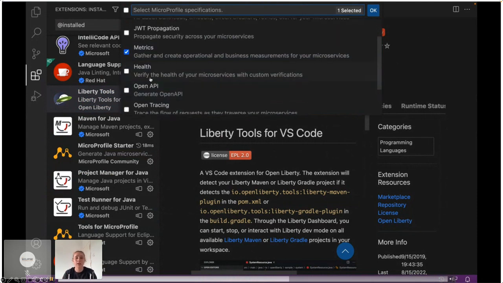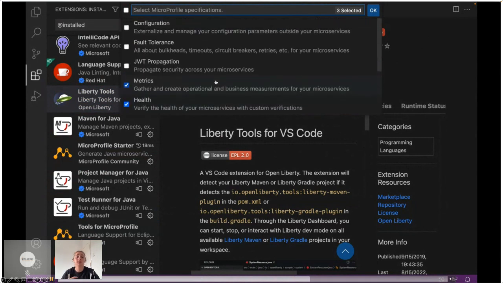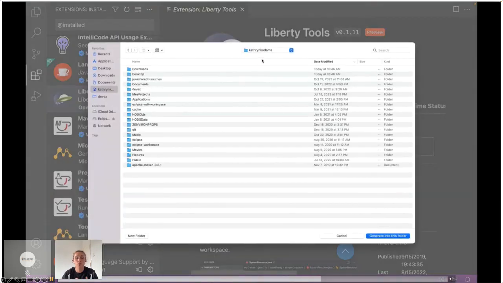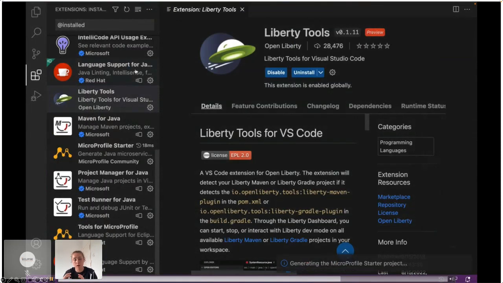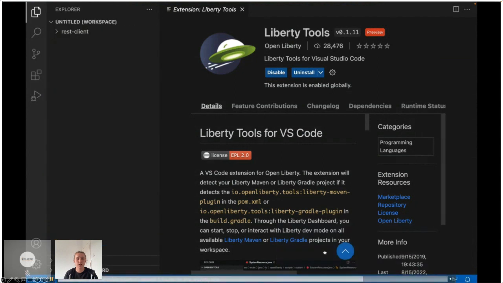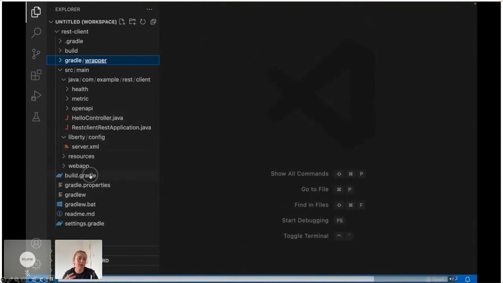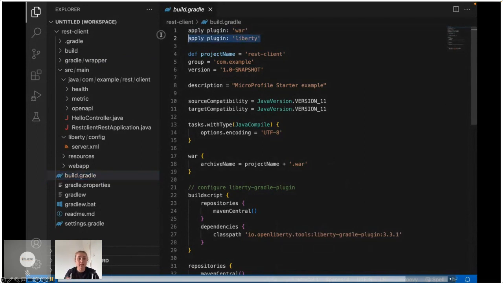Again, this is all plug and play. It's trying to make sure your application is as small as possible to be as effective in the cloud as possible, so only selecting the APIs you really need to make that memory footprint as efficient as possible. And then all I'm doing here is making sure I have the correct place to store it. And here you go. Within just a couple of minutes in my IDE, I've been able to create a skeleton